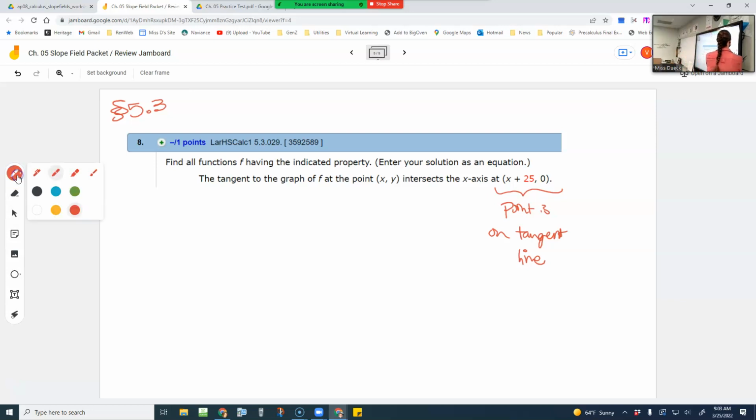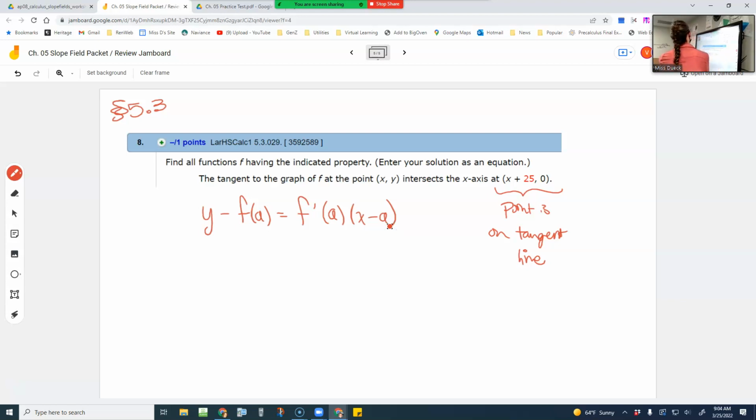We could go ahead and make a tangent line equation like y minus f of a is equal to f prime of a times x minus a. We could plug in for our point this one they gave us over here, as far as y minus 0 is equal to f prime of